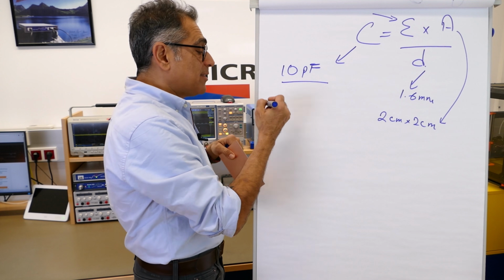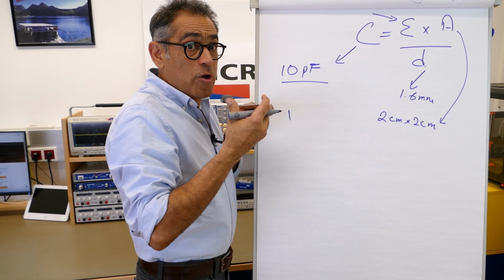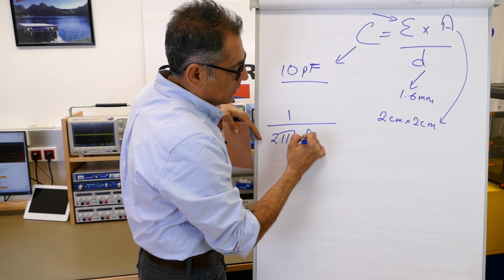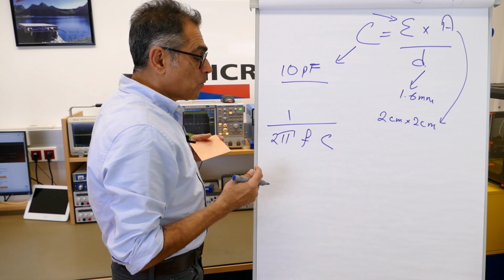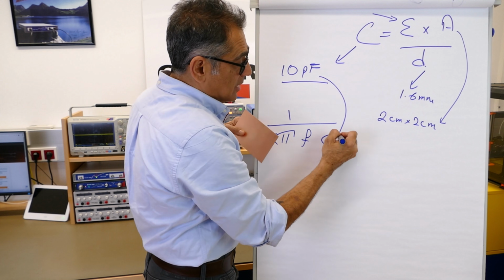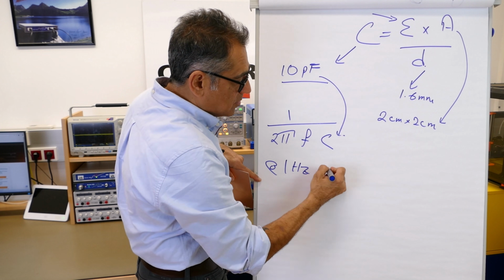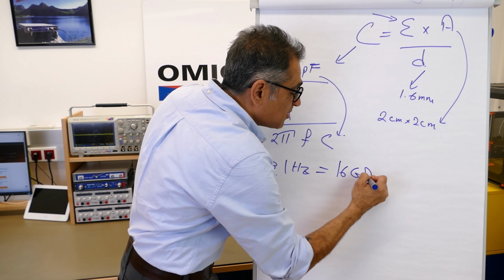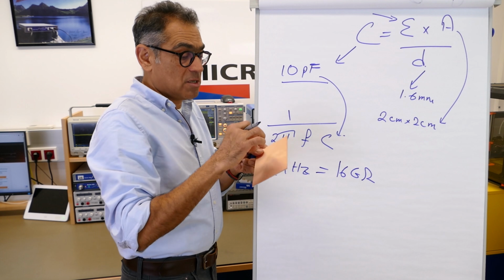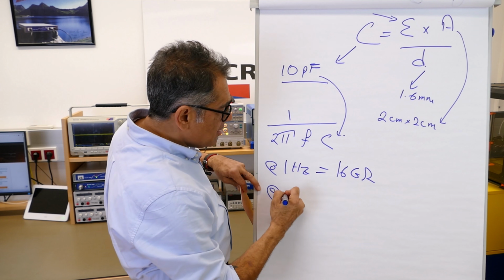Now, I know that the reactance of the capacitor, that is the resistance that the capacitor puts up against the flow of the current, varies with frequency according to the equation of 1 over 2 pi f C, where f is my frequency. Let us see what happens at different frequencies. Using this equation and using 10 picofarads in there, at 1 hertz, this reactance will be 16 gigaohms. So I'm not too worried, let's say on a power supply, that a 1 hertz signal is going to capacitively couple to somewhere else. But at 100 kilohertz,